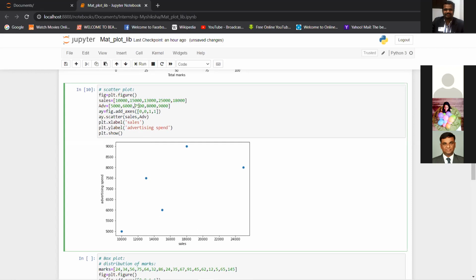That is actually going down, right? And then they are going up, but not by that margin or proportion by which it was happening before. And then again, it is going down. So if you now imagine the same line again, you will see some of the points are going far away from the line. So I can say there is lesser correlation between sales and advertising for this particular data, right?